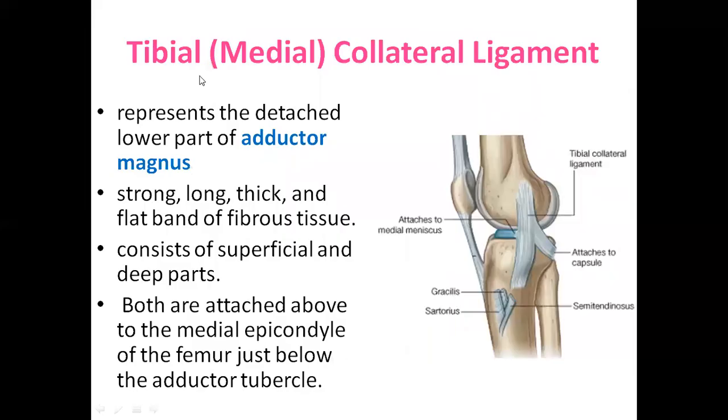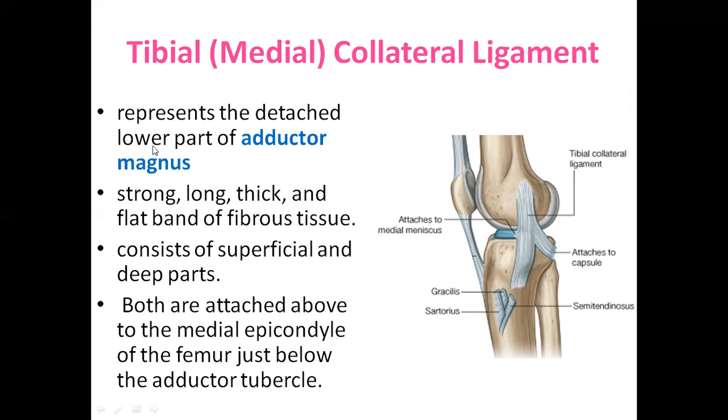So now coming to the tibial collateral ligament. From this picture you can make out, don't read anything, first try to understand this picture. This is the lower end of the femur, this is the medial condyle of the femur, and the most projected area is medial epicondyle of the femur. From there you are finding one ligament is coming and it is splitting into Y-shaped band and it is getting attached to the upper end of the medial condyle of the tibia. So this ligament is medial collateral ligament, also called as tibial collateral ligament.